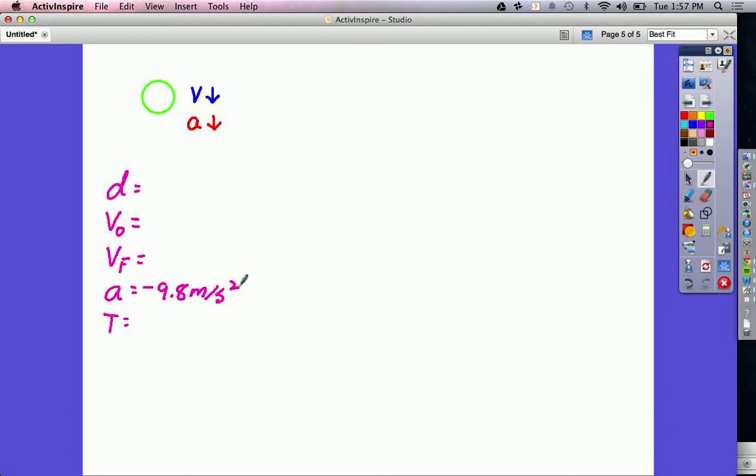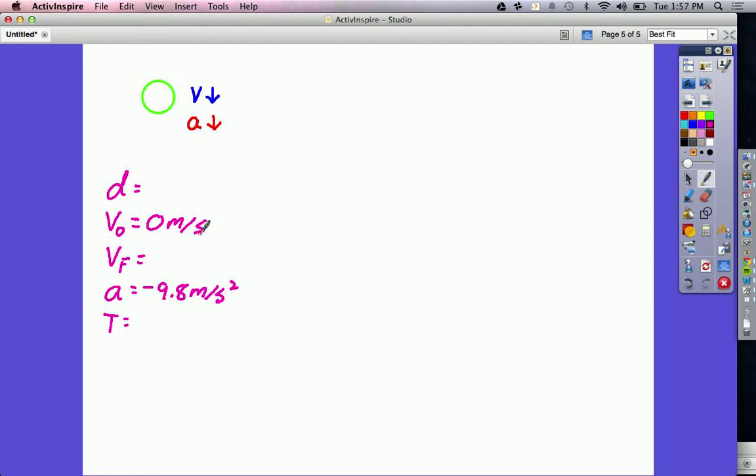You're going to drop the ball. When you drop something, that doesn't mean you're throwing it. That means you're holding it and you let it go, which means you're not giving it any initial speed. And we're going to drop it from a height of 2 meters, meaning it's going to fall a distance of